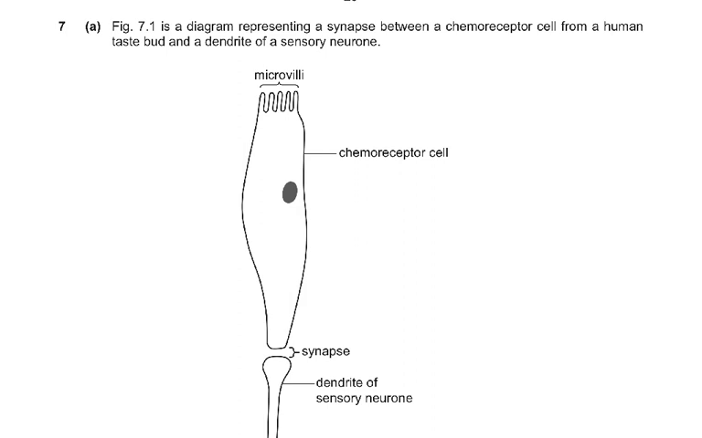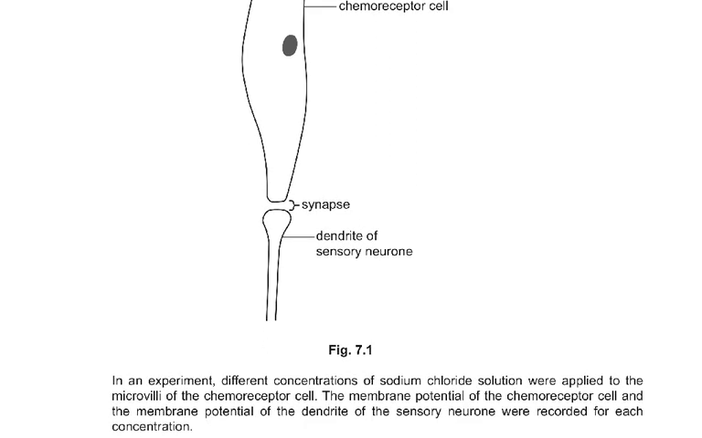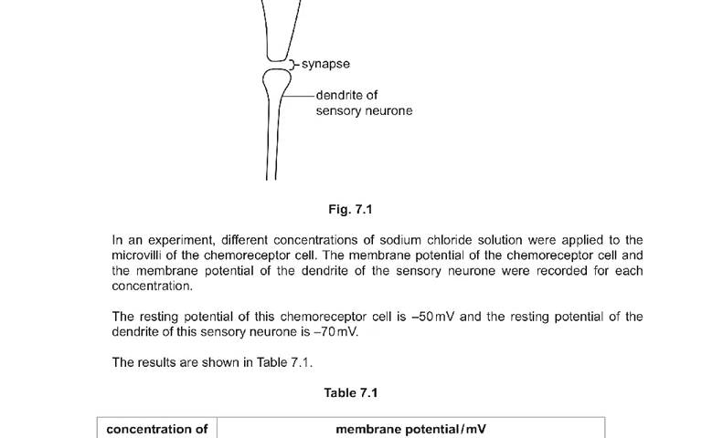Figure 6.1 is a diagram representing a synapse between a chemoreceptor cell from a human taste bud and a dendrite of a sensory neuron. Microvilli, chemoreceptor cell, synapse, dendrite of a sensory neuron. In an experiment, different concentrations of sodium chloride solution were applied to the microvilli of the chemoreceptor cell. The membrane potential of the chemoreceptor cell and the membrane potential of the dendrite of the sensory neuron were recorded